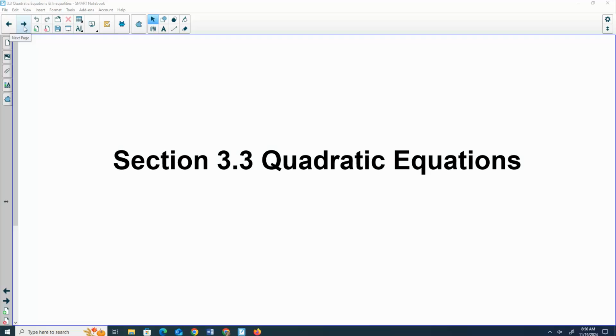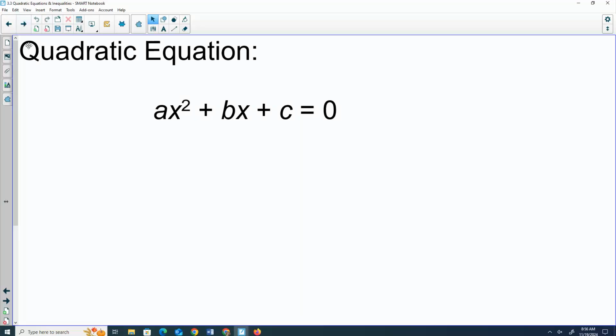With solving today, we are going to be using what's called the zero factor property. So we know that if we have a quadratic, it's something like ax squared plus bx plus c, right? We've talked about that in terms of the graph. If we are solving these, we want it to be equal to 0. So if we have a quadratic equation, ax squared plus bx plus c equals 0, then the first thing